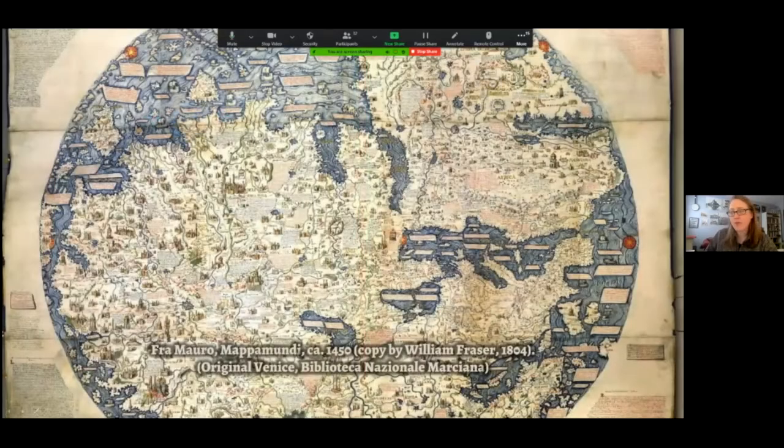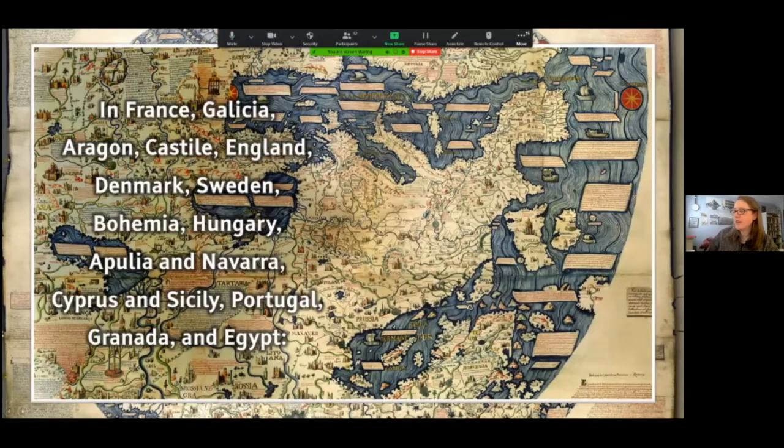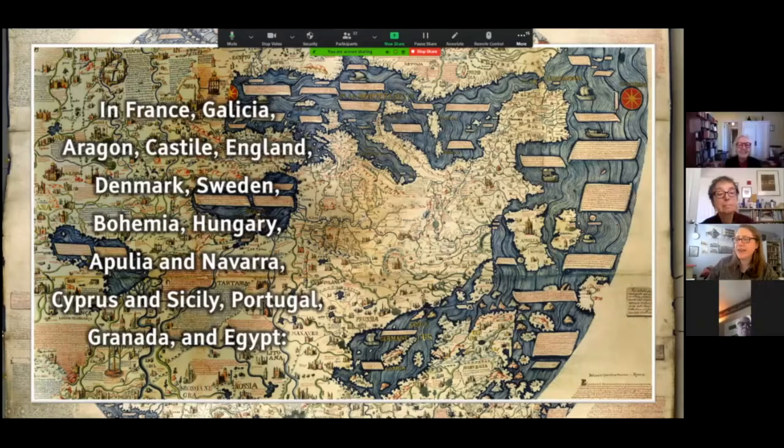How about some maps? Here's Fra Mauro's, 15th century, even though it's Italian. Now that we're into travel, I think all bets are off. We don't have to stick to the Tyrol. And I also used the Catalan Atlas, obviously made in Catalonia, also around the same time. And you'll notice that both of them have the same framing of the world. And that's one of the things that's really wonderful